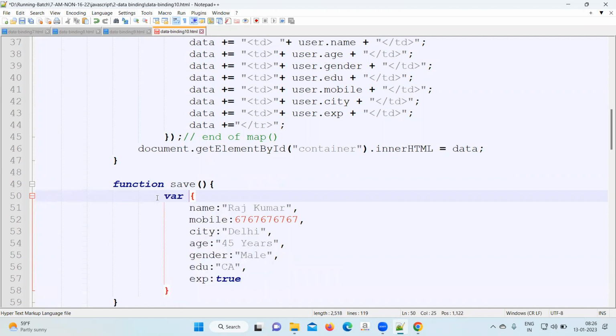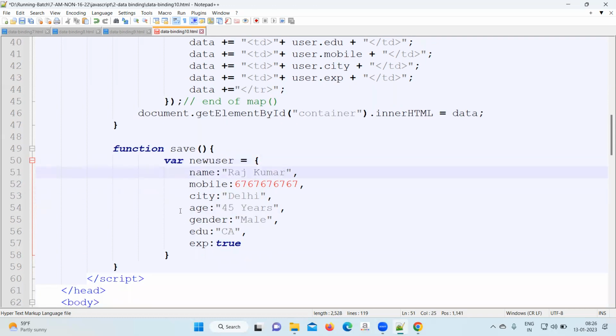Store it under the new user. Now the new user variable is holding one complete object where we have some fixed values. Okay. Next,